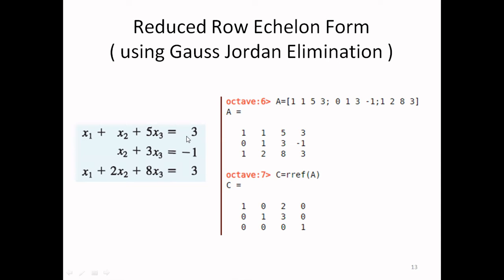1 1 5 3. Next, we have no coefficient with x1, so 0. Next is 1, and the last one is 3, and after the equal sign we have minus 1. Likewise, we will do this for the third equation, and this is the matrix we will get. Now to get the final result, this is what it will look like,